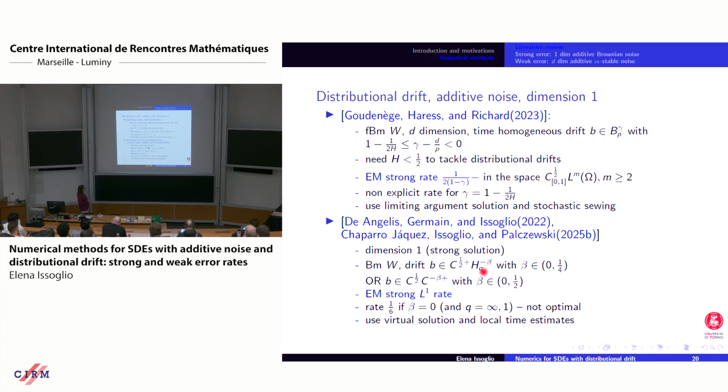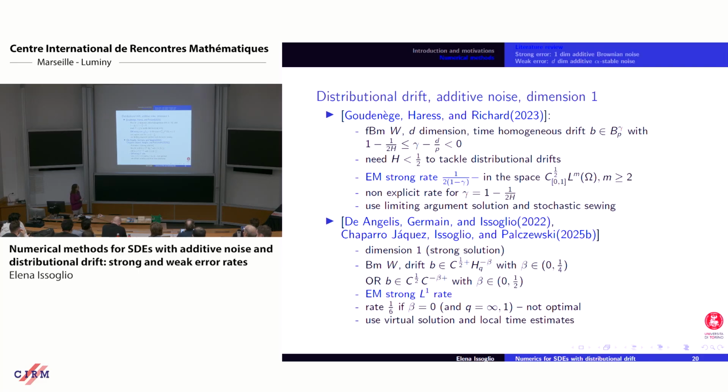But more or less, the ideas are the same, and however, the regularity here is restricted to (0, 1/4). This is because there is this Q which is bigger than 4, so it restricts that. Instead, in the Sobolev space, in the Besov space, we go all the way to 1/2. We get a rate in L1.